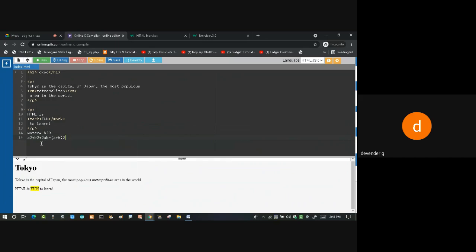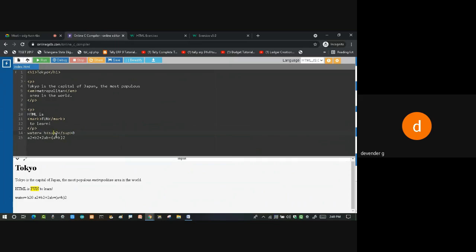Now suppose if I do it like this, normally it will be displayed in this fashion only. But I don't want it like this. It should look like a formula. So the 2 should come down, and in the other the 2 should go up. For the water, the 2 should come down. Wherever we want text to come down, I'll say it should be subscript. When I say subscript, it will come down.